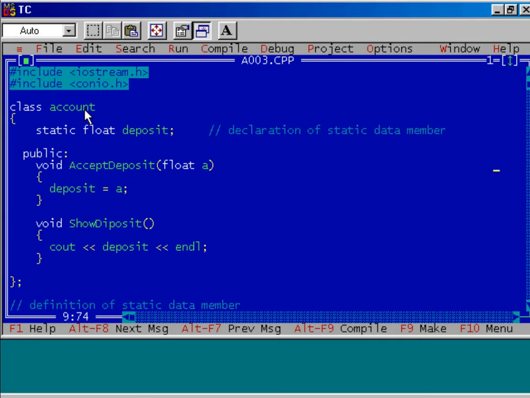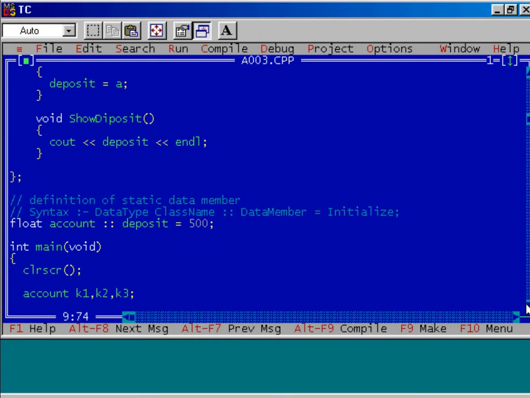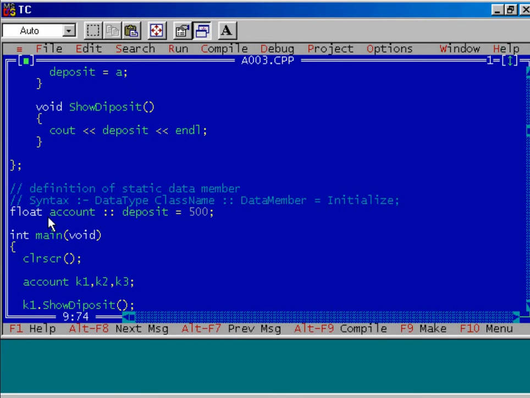Here I declare a class, namely account, in which I define, outside the class, a static data member. float account resolution operator deposit is equal to 500. This is the definition of the static data member. And remember that we'll have to define a static data member outside the class.